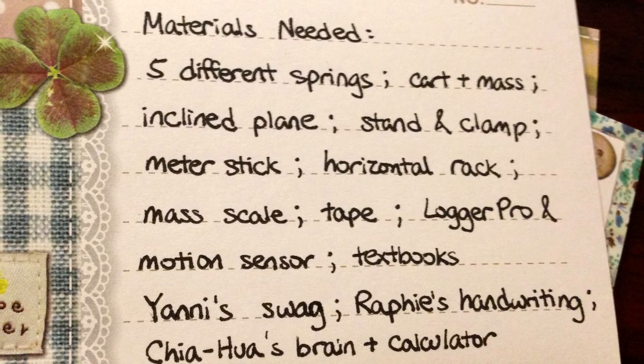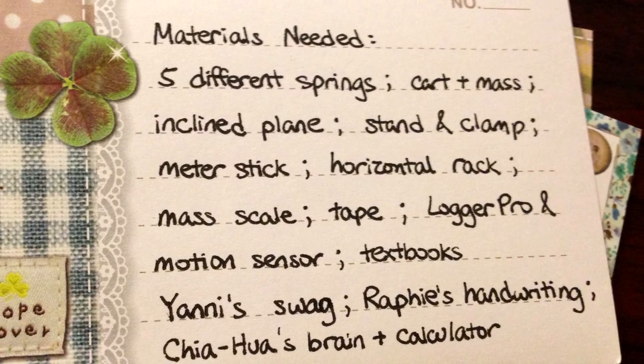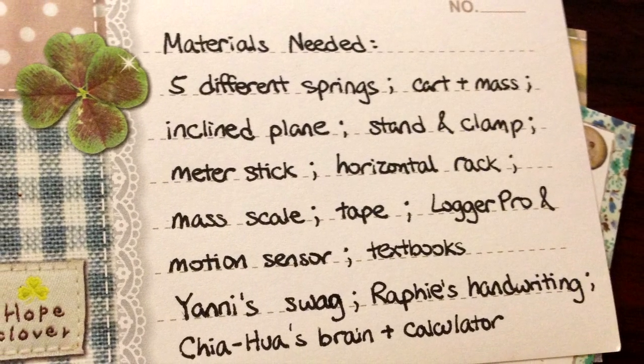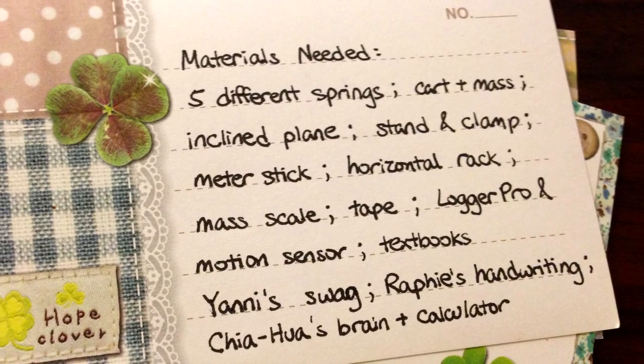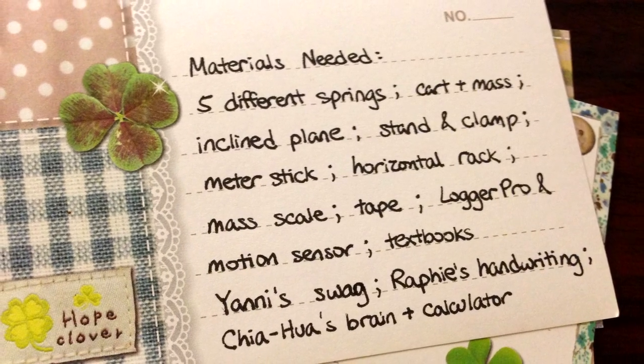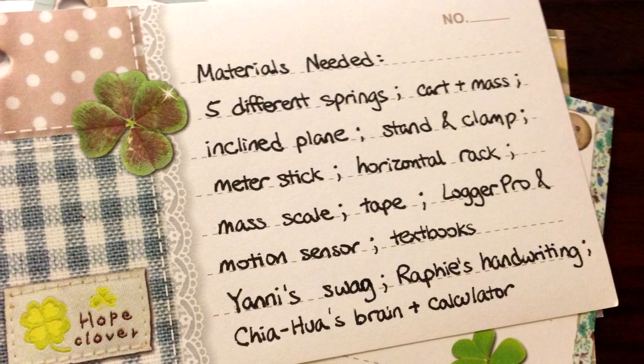Let's go over the materials we'll need in no particular order. 5 different springs, cart and mass, inclined plane, stand and clamp, meter stick, horizontal rack, mass scale, tape, Logger Pro